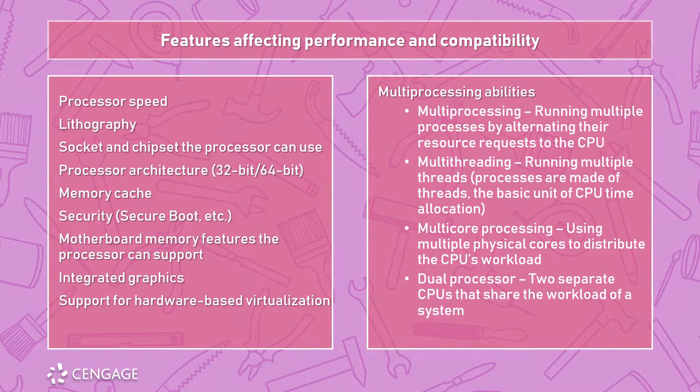Multi-core processing is an extension of this, where we use the physical cores of a system that is using, let's say, a dual-core system, quad-core, hexa-core, octa-core, to distribute the workload of the CPU. Rather than using what we would call a monolith, which is just a single core, we can then rely on different physical operations. And that's actually a pretty common thing these days, is to use a large number of cores to distribute that workload, so that way we don't have to rely on any one single core operating at a